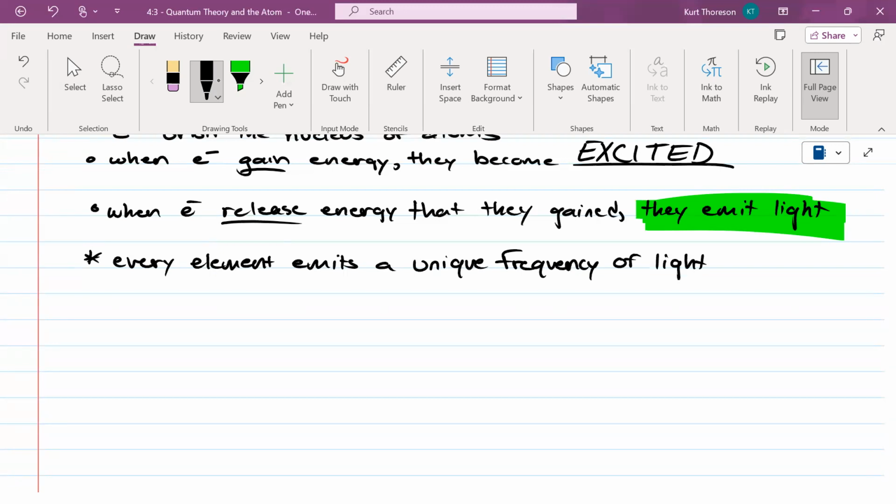Halen is a unique human being. There's more than 8 billion humans on Earth. There is not a single one that is like her, looks like her, acts like her, is her. She has unique DNA, very unique, one of a kind. Every element on this periodic table has a one-of-a-kind light it gives off. And I want to remind you again, this is how we can look out in space and know what stars are made out of, know what planets are made out of based on the light that they give off. This is the atomic emission spectrum.